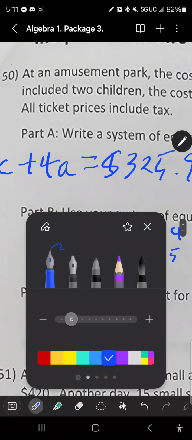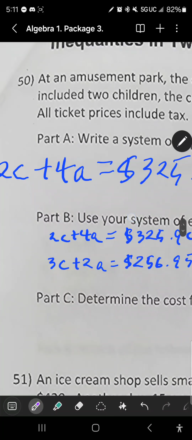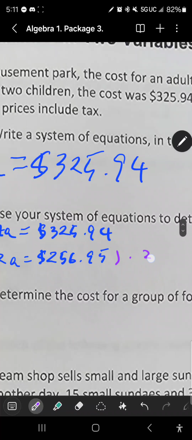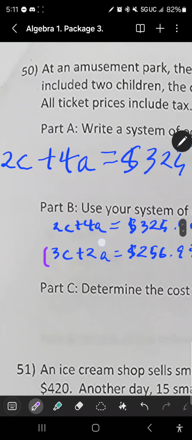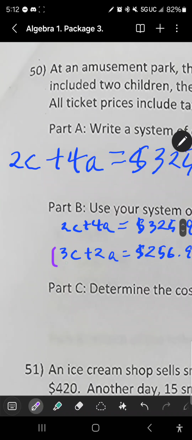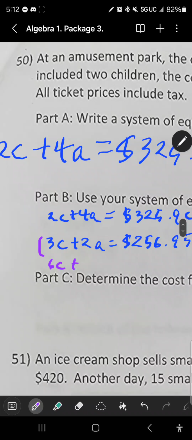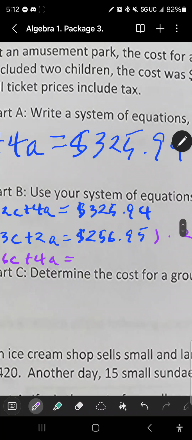Now what I see here is that I could multiply this whole thing times 2. I will say 3 times 2, 6, so 6C, 2 times 2, 4, so 4A equals